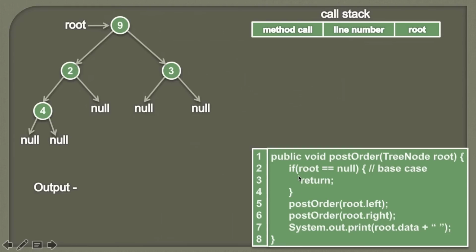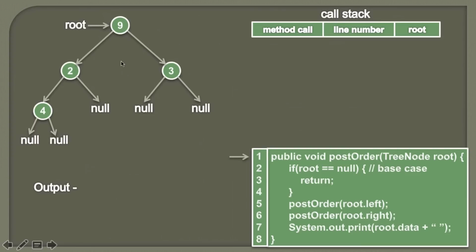So friends, as this algorithm is recursive in nature, here you can see post order method is again internally calling the post order method. Therefore this is a recursive nature algorithm. So in order to understand the recursive nature of this post order method, we will maintain a call stack so that we come to know which method is currently being executed and what is the root that is being processed. We will come to know about line number when we will actually discuss the post order method. So friends, let's see the demonstration of this algorithm step by step.